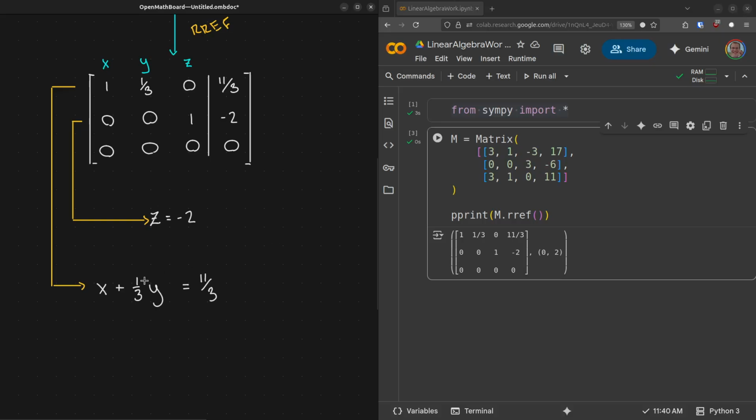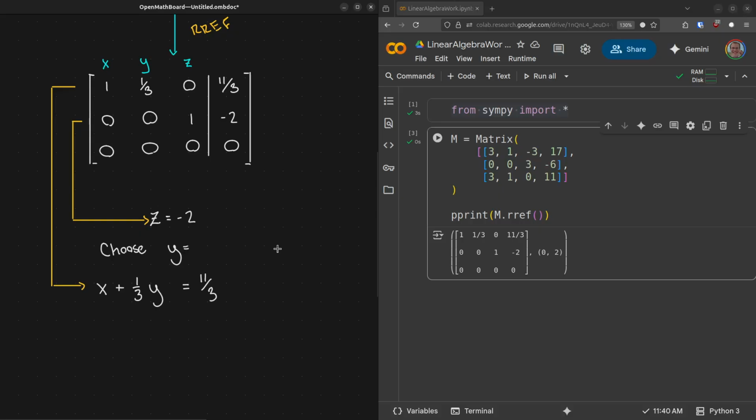So since x already has coefficient 1, it's easiest to choose the non-leading variable to be the free variable. General rule of thumb, it will always be easiest. So the column without a leading entry, that's the column that you make your free variable. So I'm going to choose